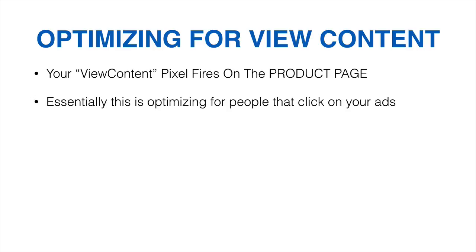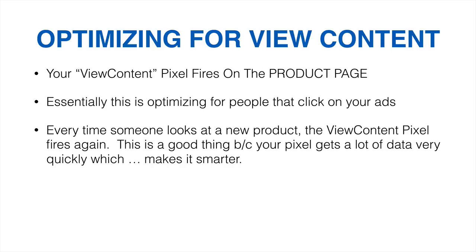Now, essentially, this is optimizing for people that click on your ads. Meaning, when you start optimizing your ads to show to people that are more likely to be a view content, you're optimizing your ads for clickers. Because that's what they're doing. Somebody sees your ad, they click it, and they view a product. That's view content. Now, this is a great way to get started,